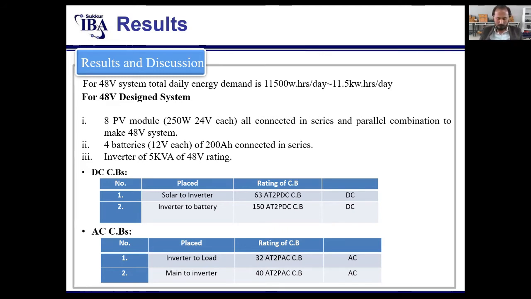Actually, we will use 2 series and 4 string for this 48 volt system. We require a 48 volt system, 4 batteries, 12 volt each, each of 200 ampere-hour, all connected in series to make a 48 volt system, and a required inverter of 5 kVA of 48 volt rating. The DC circuit breaker and AC circuit breaker required are given, that is solar to inverter a 63 ampere trip